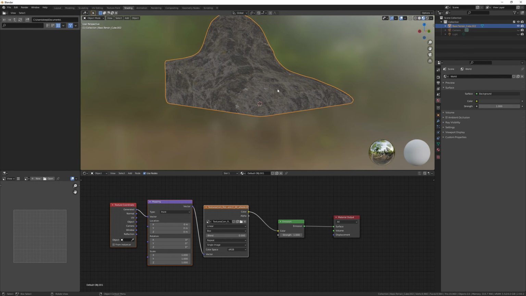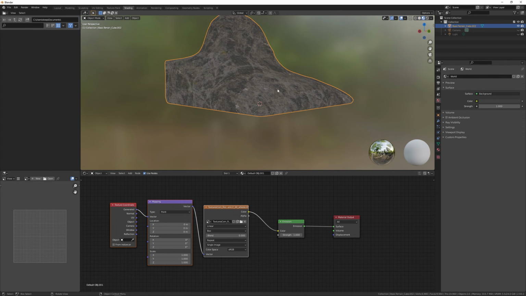You can make a lot of adjustments. For example, you would probably like to brighten up the grass height mask or darken the dirt, because the grass should be higher than the dirt layer, because the grass is on top. You could do this in the ground height map. I'm just going to add another mix RGB.